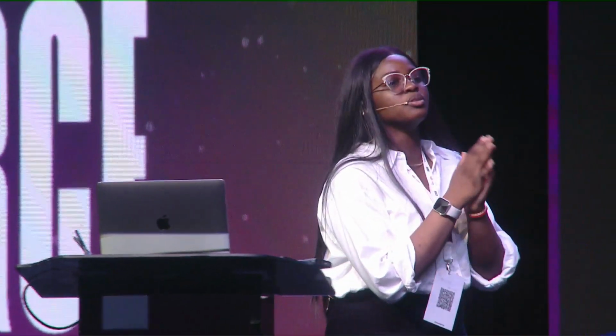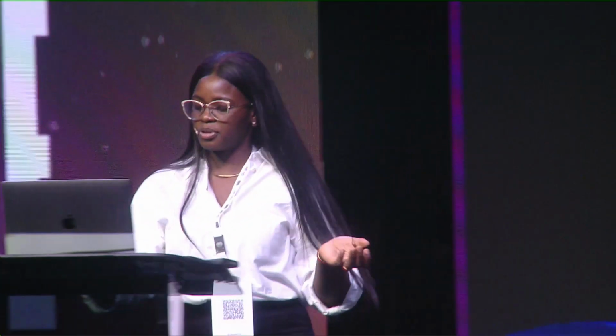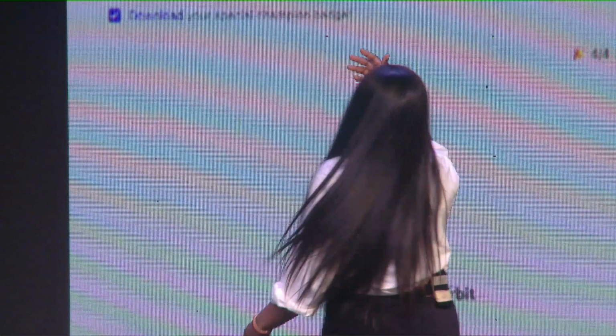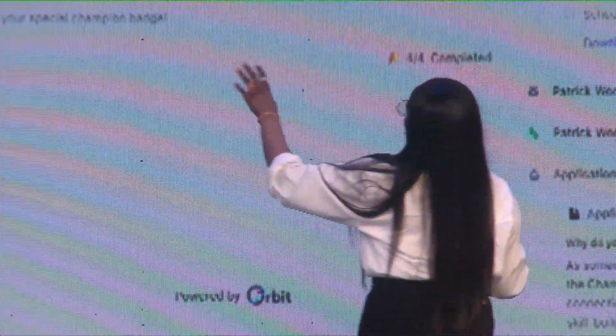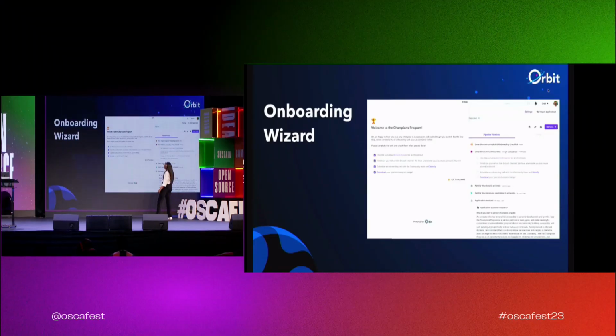The next step after this involves you onboarding Omar into your program. To onboard Omar into your program today involves you obviously communicating with Omar. A lot of back and forth emails, 1, 2, 3, 4 emails to make sure that Omar has everything he needs to be a successful member of your program. But we've streamlined the step so that all you need to do is provide an onboarding wizard for Omar to onboard into the program. So here you can see that on the left, this is the onboarding checklist that Omar sees. And on the right, this is not clear, but it actually shows how Omar goes through the onboarding checklist.